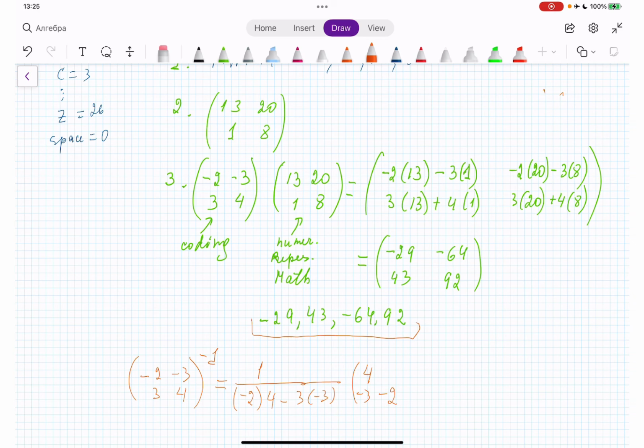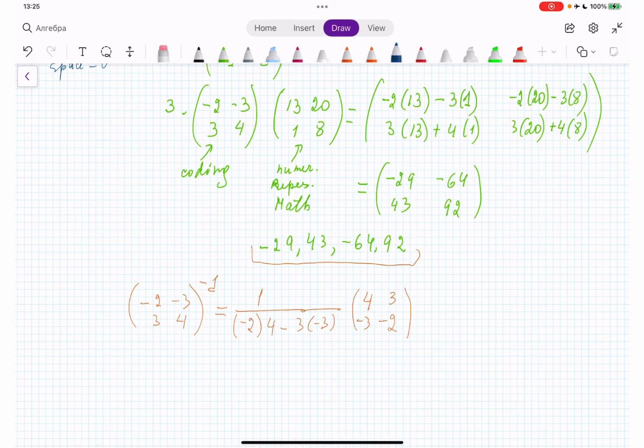and changing to opposite signs the 3 and -3. -3 comes here and 3 comes here. I didn't switch -3 and 3. It just happened the numbers are the same by absolute value and the signs are opposite, and it looks like I switched. I didn't switch. I just flipped the sign for this negative 3 and 3, okay? We flip only for the negative 2 and 4. So because the whole fraction piece is equal to 1, that means the inverse is going to be 4, 3, negative